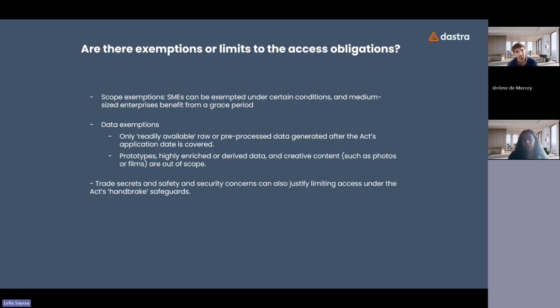So you can base your refusal to share, or any other type of limitative action, on this, as well as the security concern, which is the security handbrake, if you feel that sharing the data in a certain way could undermine security requirements of the product itself or of the software or the service itself, that could affect maybe the health, the safety, the security of persons here. So I think it should be justified, of course. If you want to base your refusal on this, you have to justify it in writing to the user,